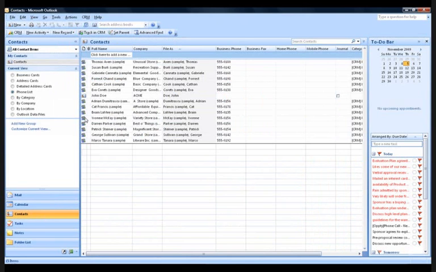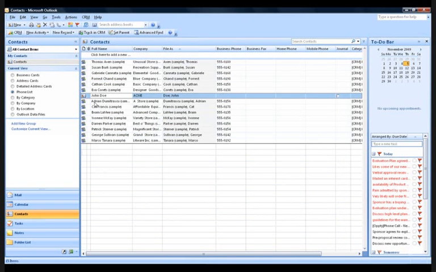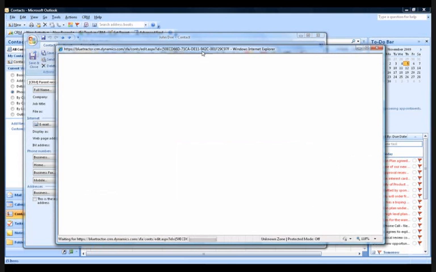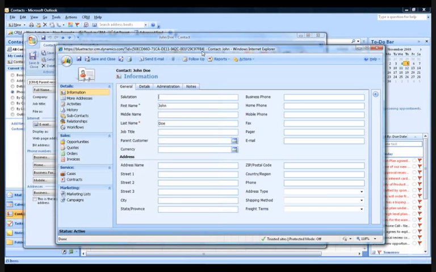Notice here inside the contacts folder I already have contacts that have been tracked inside CRM, and they have the CRM icon. Here's one that I don't, and so I'd like to go ahead and track this as a contact inside my CRM system. I can go ahead and click Track inside CRM. The icons change for me. Now when I open up this contact and I click View inside CRM, now I'm going to be able to get that 360-degree view of information about this person,